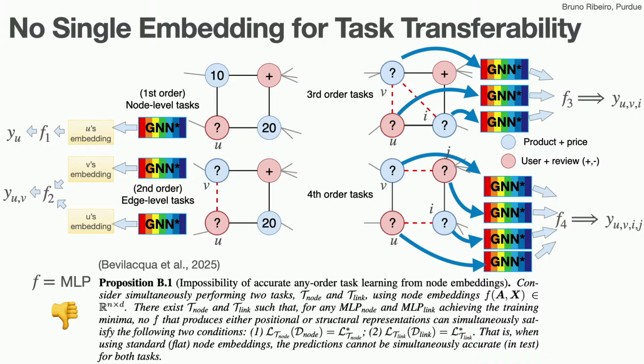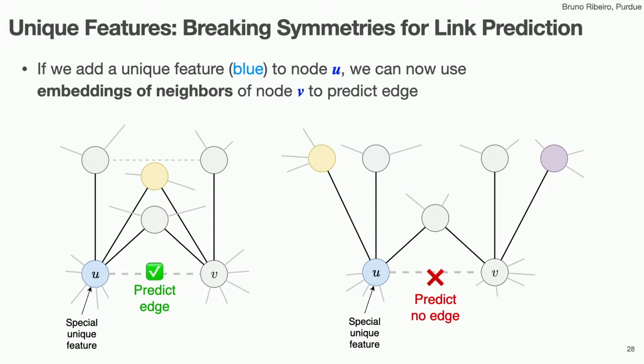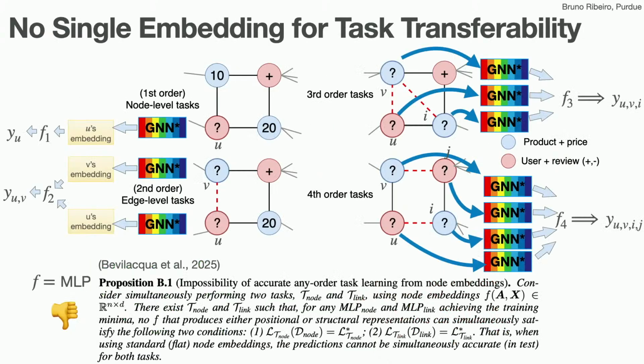either through trying to do positional representations or through just trying to run some kind of equivariant for just a node. I'm not going to talk about what equivariant for joint would be, but this is an example of equivariant for joint of two nodes. And then you try to do for higher orders. What we can prove is that if this F here is an MLP, this is impossible. We cannot do this. There's no way to do this.